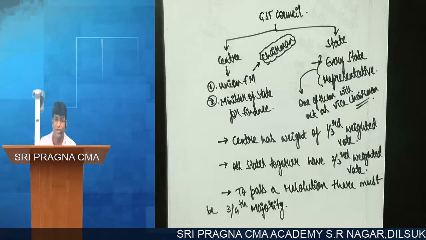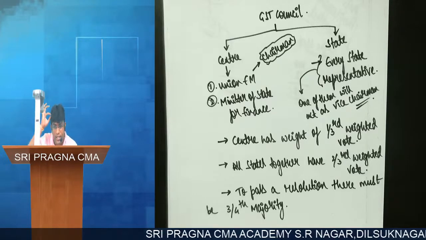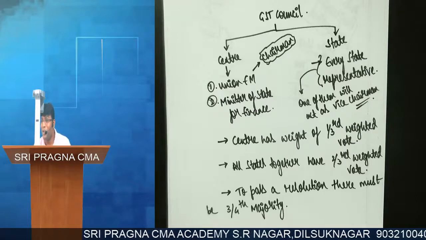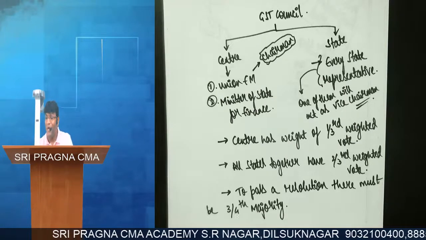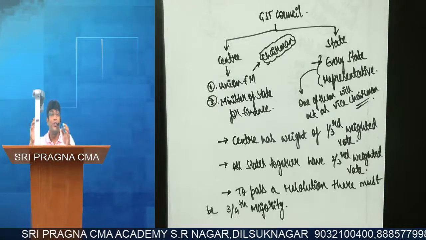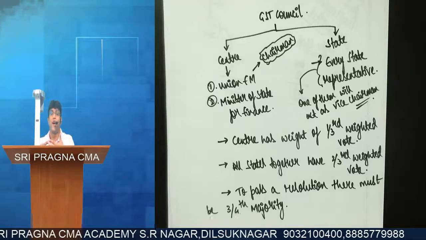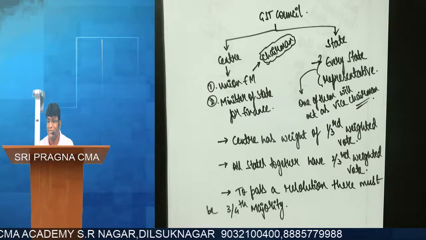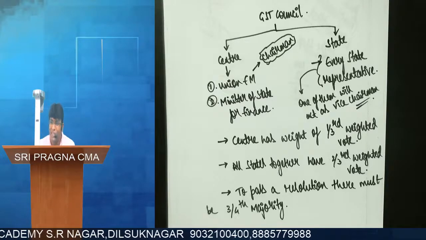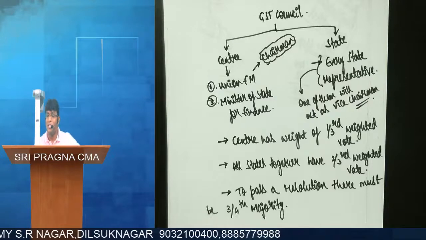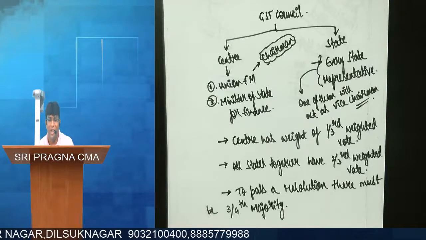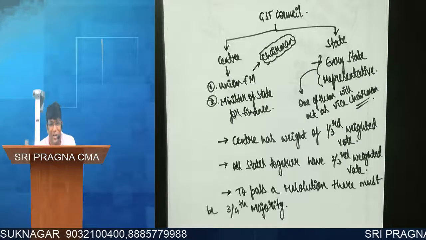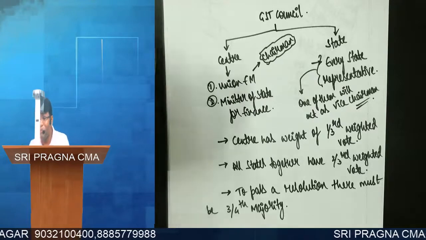So what you have to understand is, center alone or state alone cannot take any decision. They cannot pick anything. You understood? So for any decision to be taken, or for any resolution to be passed, center and state should join hands together. They both independently cannot take any decision. Very good concept, no? Because we always told so many times dual GST model, dual GST model. When we make so much of dual GST model, power should be given equally to center and state. That's what they have done.